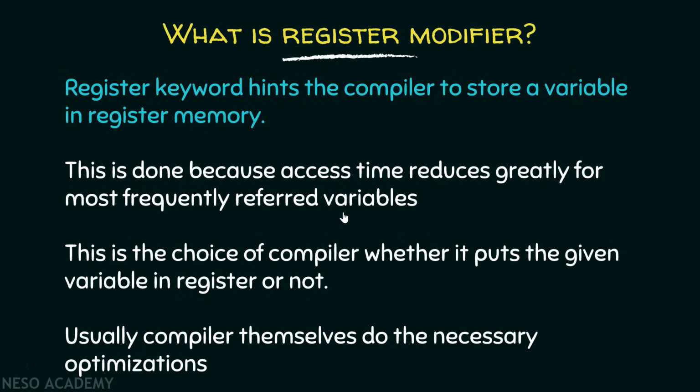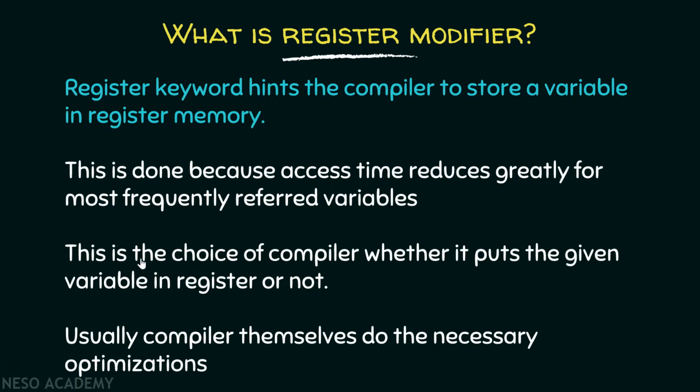Now this is one thing that we need to know. The access time of a register is very low compared to the secondary memories. Therefore, when we put a variable in a register, its access time also reduces. Especially those variables which are frequently used in our program need to be put in registers. Suppose there is a variable int var which I am going to use in my program most frequently. Putting that variable inside a register would make it easy to access as well as fastest to access, and this will reduce the access time greatly.